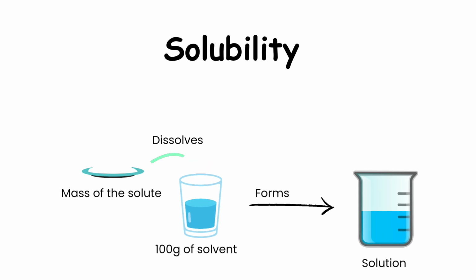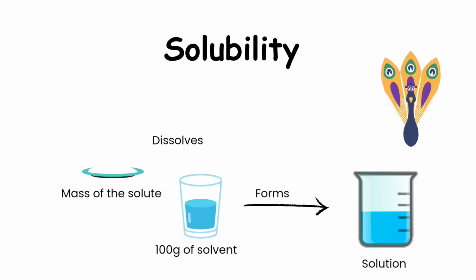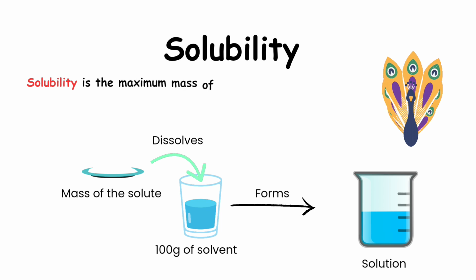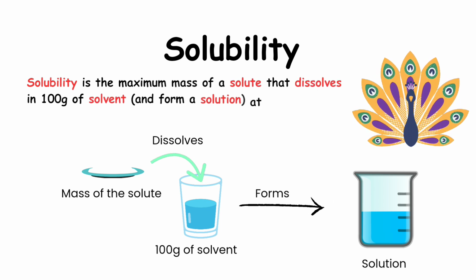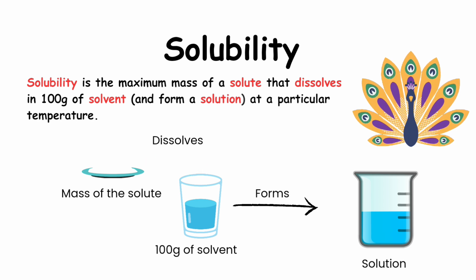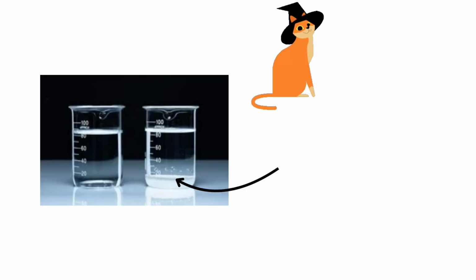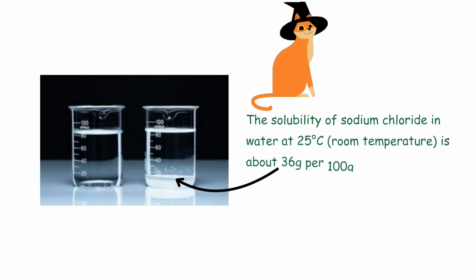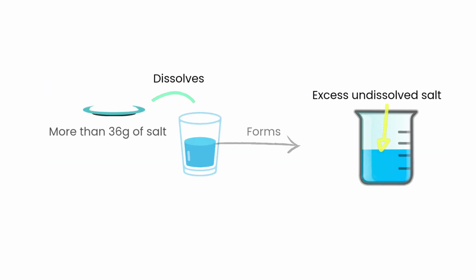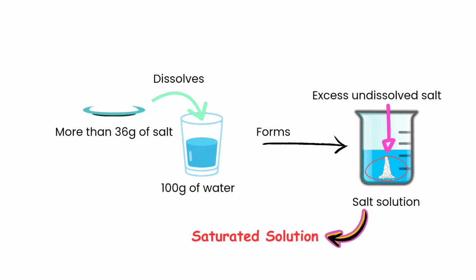Let's revisit solubility. Solubility is the maximum mass of a solute that dissolves in 100 grams of solvent and forms a solution at a particular temperature. For instance, let's look at the solubility of a substance like sodium chloride, which is common salt. The solubility of sodium chloride in water at 25 degrees Celsius, which is the room temperature, is about 36 grams per 100 grams of water. If you keep adding more than 36 grams of salt to water,